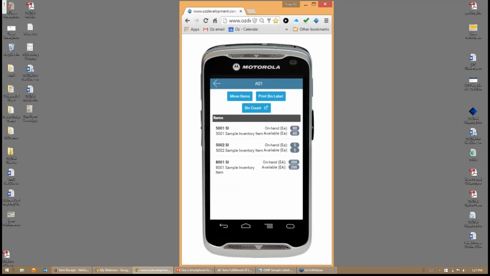Hey, Pete, a couple of questions while you're in here talking about bins and labels. Bin management feature inside of NetSuite. The question is standard bin management, or advanced bin management. What are you using here? Yeah, so I've got advanced bin management enabled here in NetSuite. OzLINK Mobile Pro can be supported with folks that do not use bins at all, as well as folks that use advanced bin management in NetSuite. If you guys have any questions around NetSuite configurations, let us know. We're happy to have a more detailed conversation about that. But to answer the question, I've got advanced bin management turned on here, but OzLINK can support customers that don't